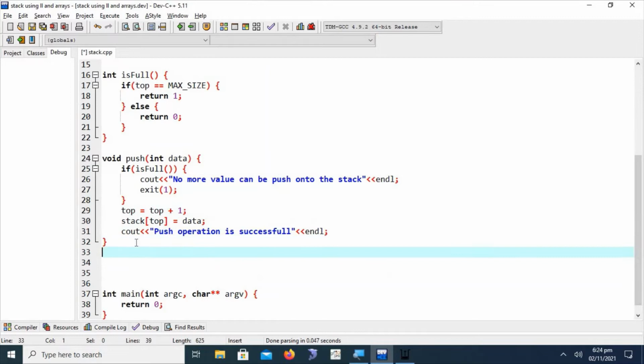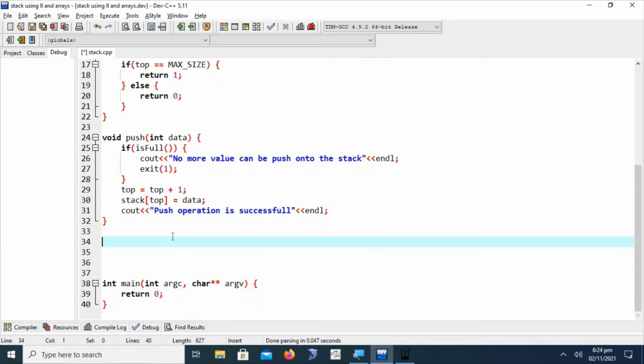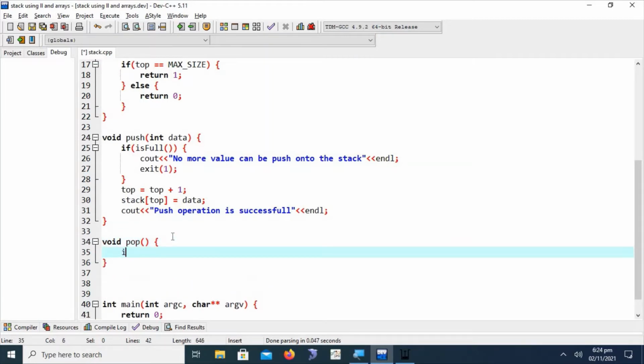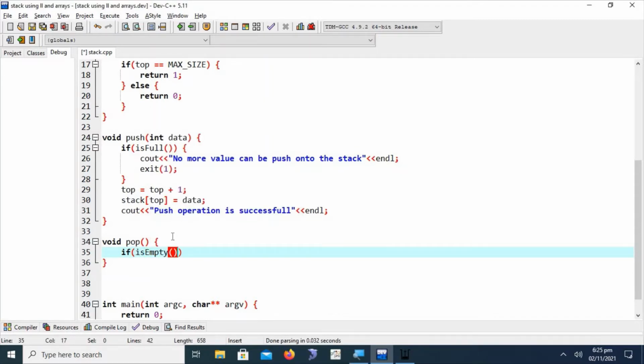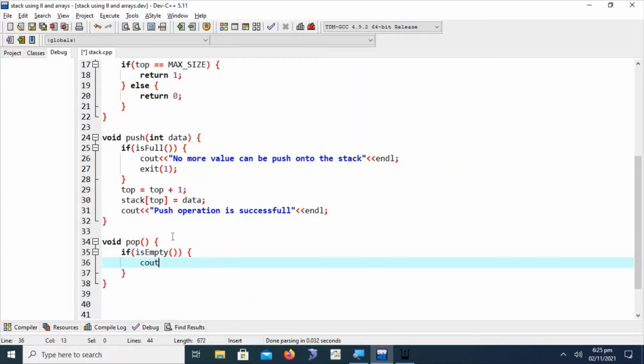Now we are going to implement the pop method for the stack. For this purpose we declare a method called pop. In the pop method we have to check whether the stack is empty. First of all, if the stack is empty, then we show the message stack is empty.